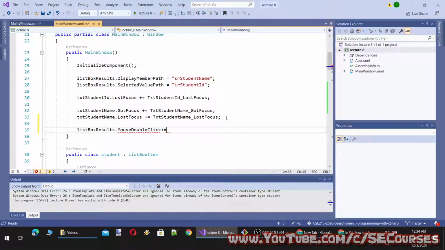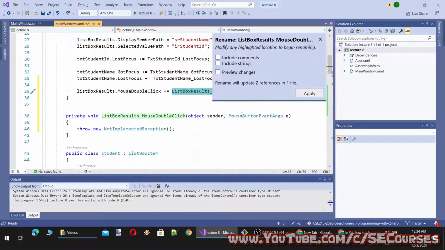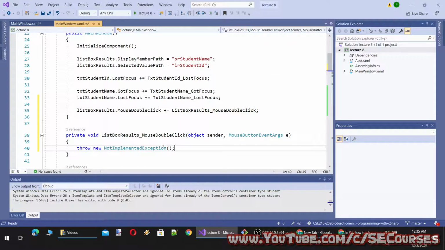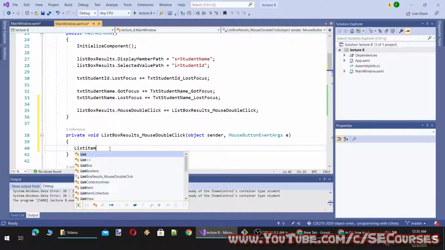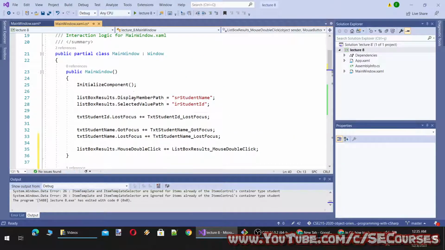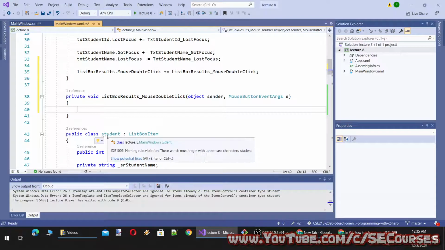MouseDoubleClick plus plus. Okay, I have added a double click event, and with this event you see there is sender and mouse button event args. So the sender is listbox item. Actually, in my case, the sender will be my student class.